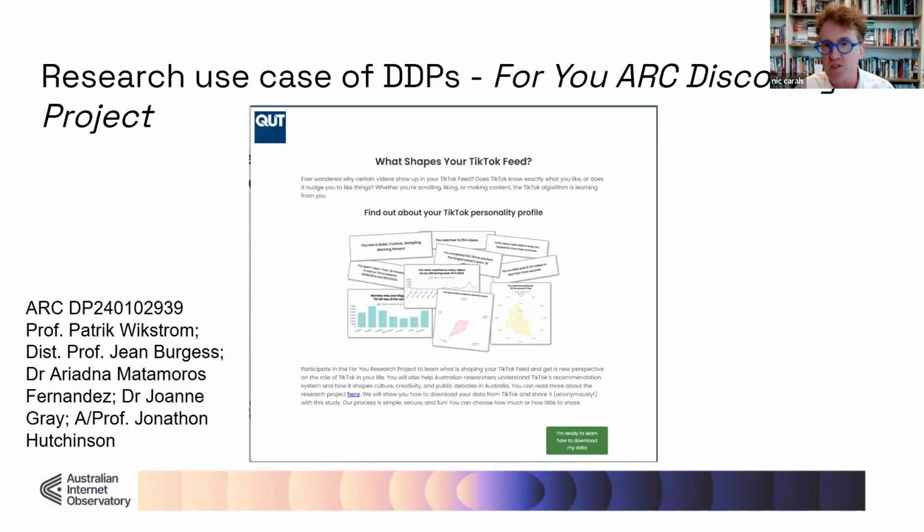In the Australian Ad Observatory, a project that I'm working on with Dan, Angus, and many other colleagues, we ask people to donate their DDPs from platforms that have their ad interest data. So what kinds of information advertisers are uploading about them into the platform, or that the platform is creating about them to help fuel the recommendation engine of the advertising model. So there are a range of different kinds of research topics and questions that we can get at by exploring DDPs and asking people to donate them to us.